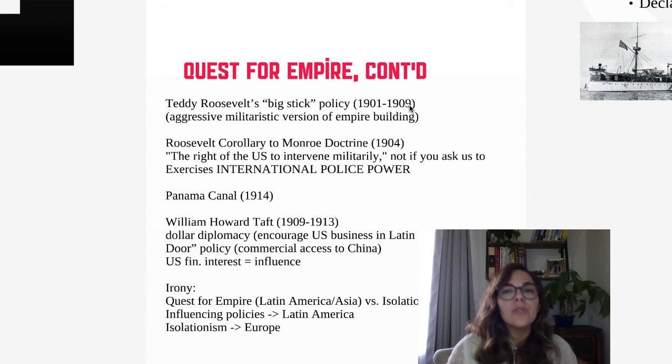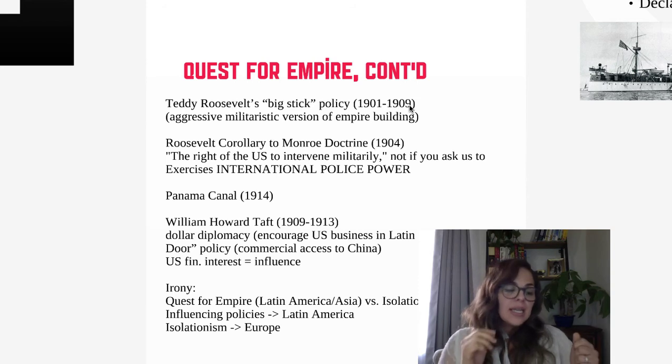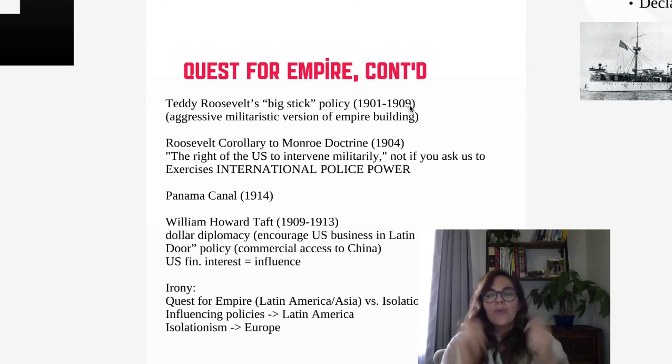And this is where the Roosevelt Corollary comes in. Make sure you write this down somewhere and that you understand what it is. This is like an amendment to the Monroe Doctrine, like an amendment to U.S. isolationism. What Roosevelt is saying here is that it was the right of the United States military to militarily intervene